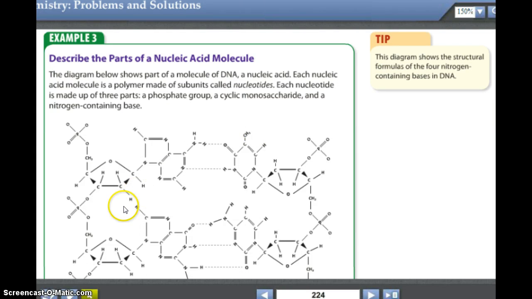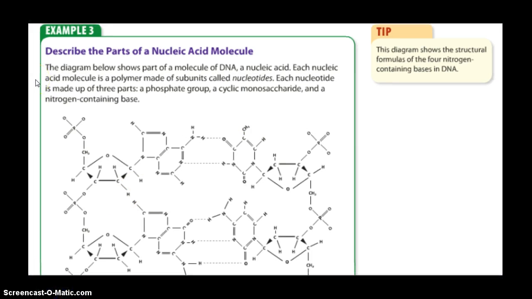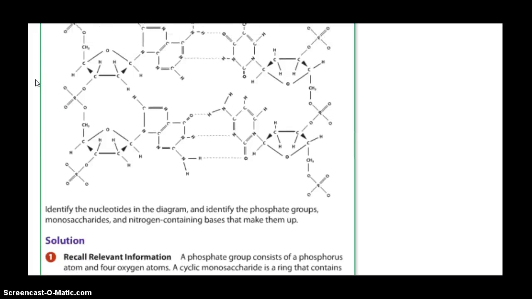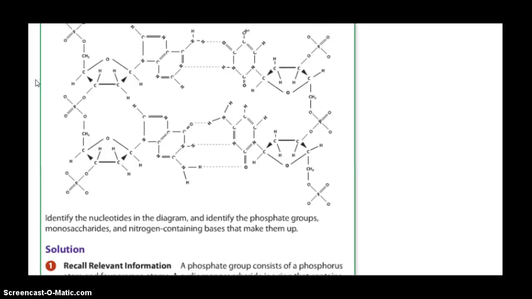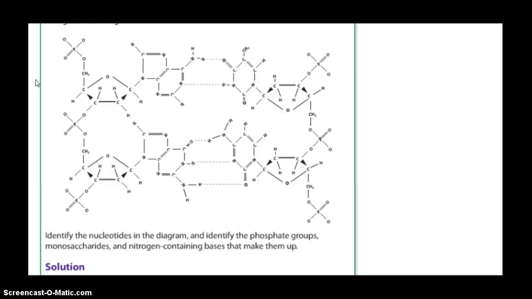Describe the parts of a nucleic acid molecule. The diagram below shows parts of a molecule of DNA, a nucleic acid. Each nucleic acid molecule is a polymer made up of subunits called nucleotides. Each nucleotide is made up of 3 parts: a phosphate group, a cyclic monosaccharide, so in other words, that's a sugar that's a ring, and a nitrogen-containing base. All right. Identify the nucleotides in the diagram and identify the phosphate groups, monosaccharides and nitrogen-containing bases that make them up. So go ahead, hit pause, look it over,